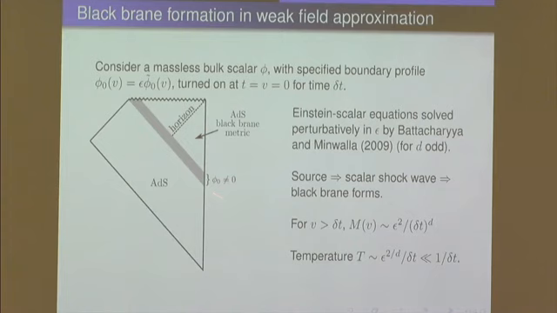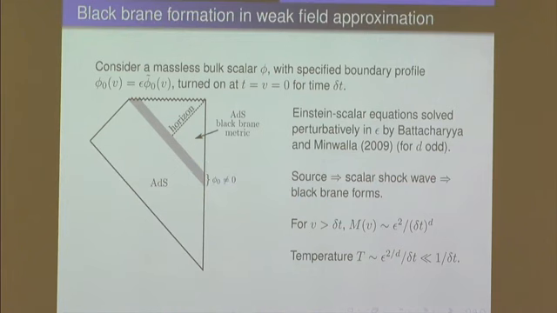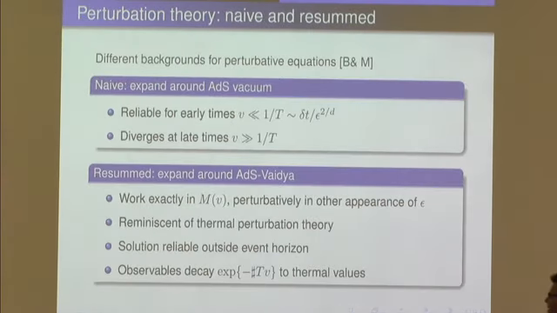So this arrow says ADS black brain metric, which I understood to be the exact metric, well, in that triangle. And you said that arrow is not referring to that entire white triangle that includes. Sorry for that. Yeah, this was a bit too quick. So there's more detail about these expansions and so on. So fine.